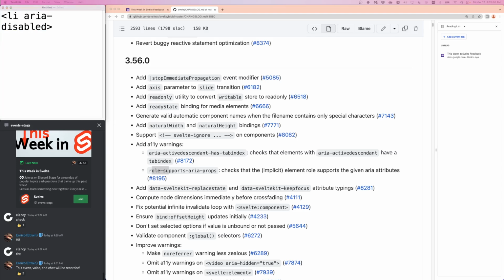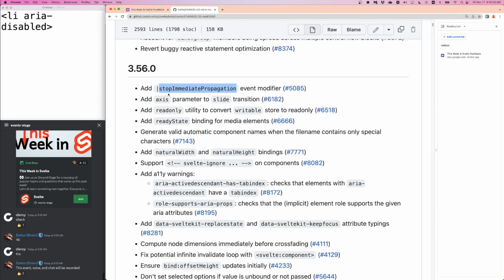Next, we have stop immediate propagation. So this is a new event modifier to make life a little easier. As you know, we have events. So if you do button on click, for example, on click is an event handler. Right now it's forwarding an event in this demonstration, but if I do like a handler, then this is good too, because after the user clicks on the button, the handler gets executed. You can also do pipe events, such as this new one, stop immediate propagation. This is just shorthand for